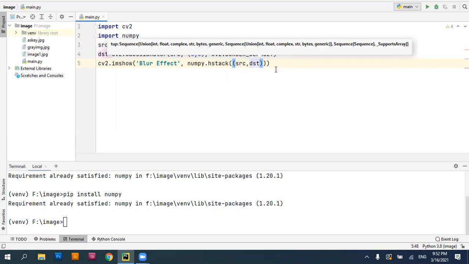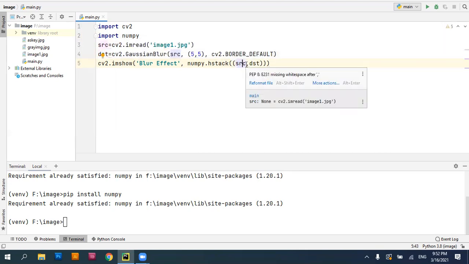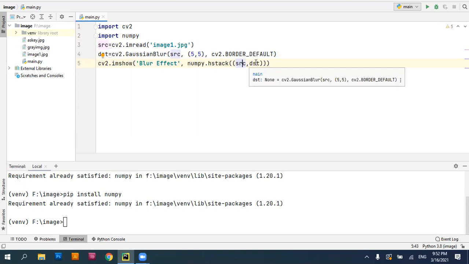This helps you display both the source image and the destination image in one single window, where the source image is the original image and the destination image is the blurred image that you have applied.